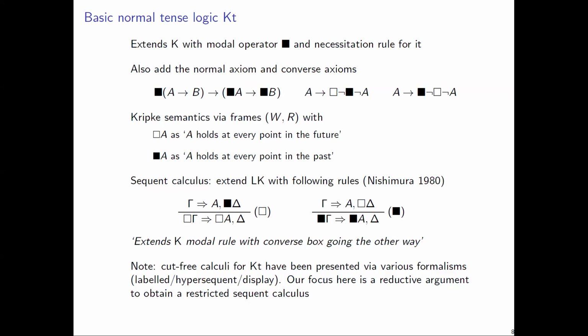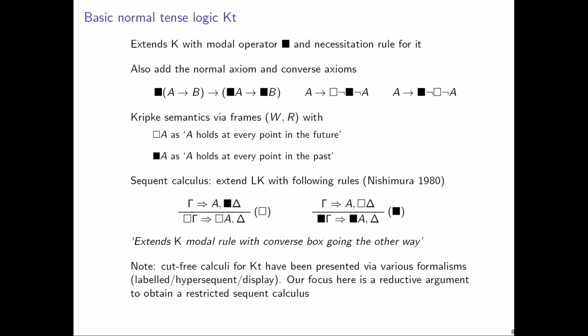And now we have tense logic, which is also a black box. So you have a white box and a black box. You have a necessitation rule for it. The white box and the black box are connected, right? So the white box is like saying forward in time and the black box is like saying backwards in time, right? So there must be axioms that relate the two, and this is like saying if A holds here, well,